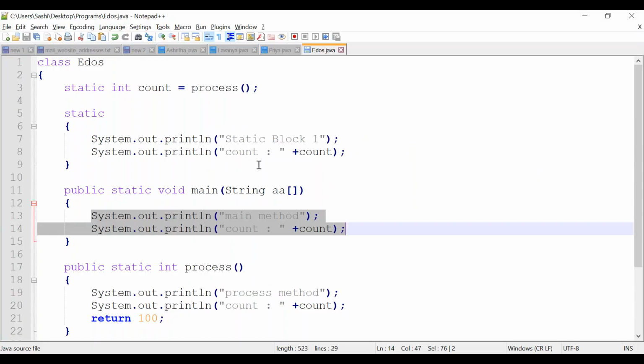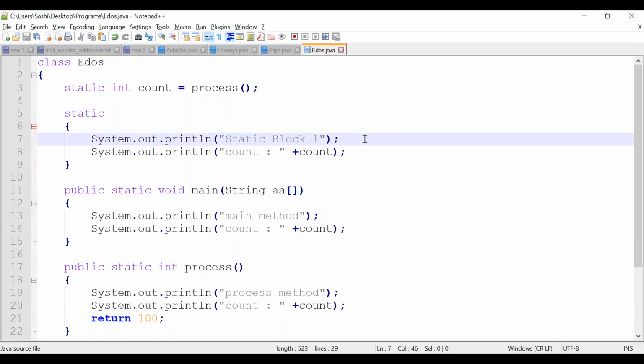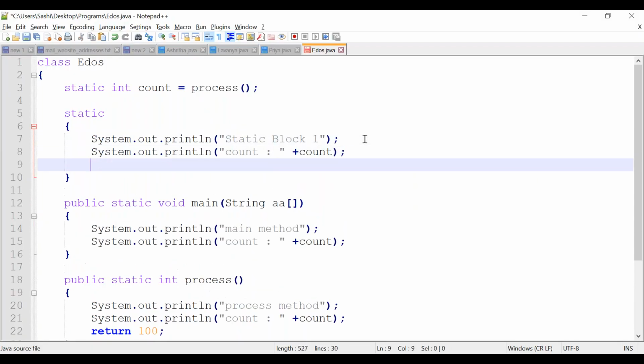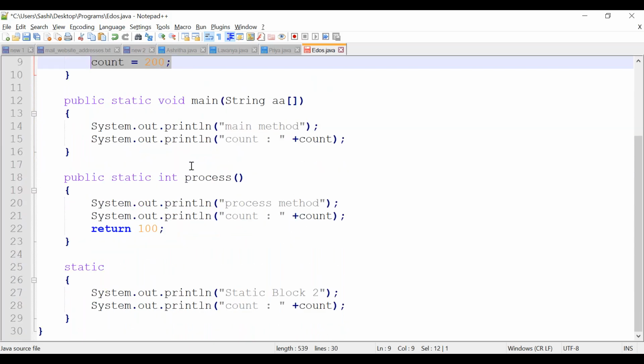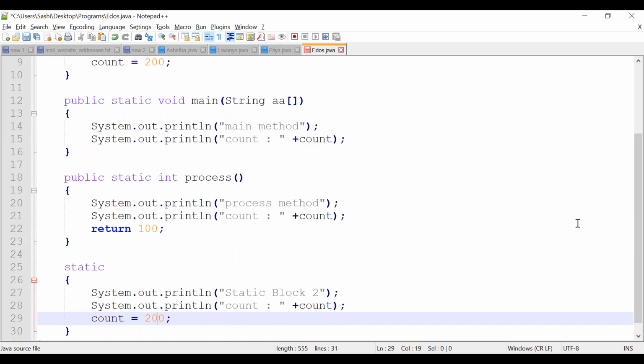Let's modify some more things. Listen carefully, I'm just modifying some more things simply to help us understand better. We already experimented with this kind of program. I'm just mentioning count value as 200 here. And what I do, I'm mentioning some more things like count value 300 here.